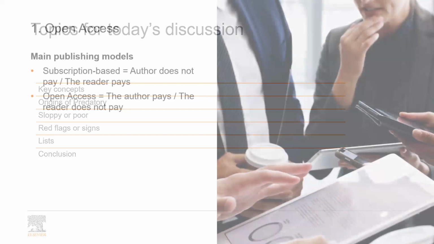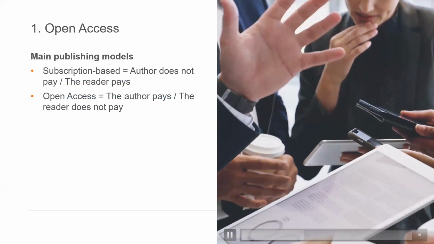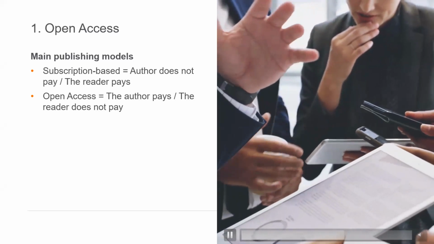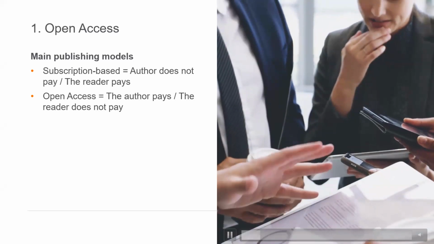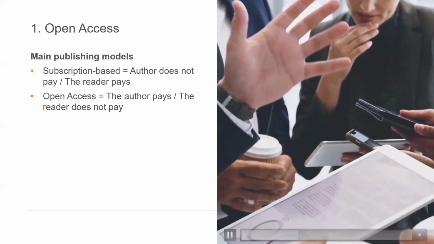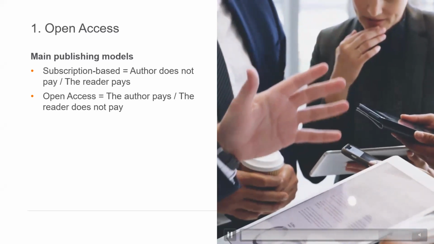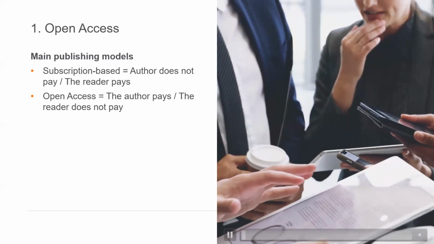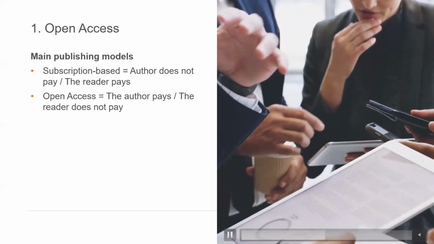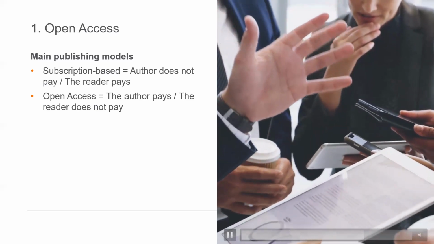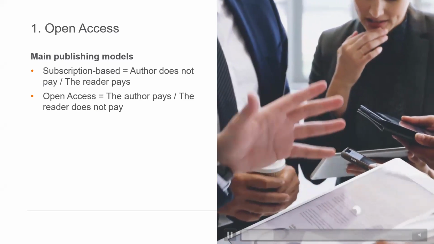discussion. Right, so the first concept that's important in terms of understanding predatory journals is that we need to, so let me just say, when I added this image, I didn't realize it was animated, so I'm a bit surprised by that. But yes, so very importantly, understanding open access is crucial in terms of understanding predatory journals as well.